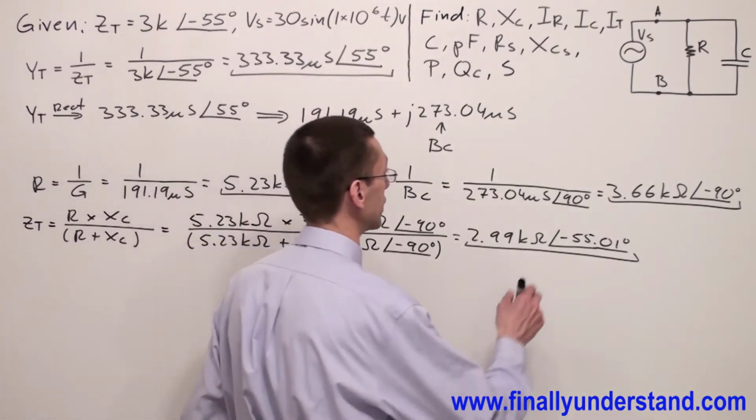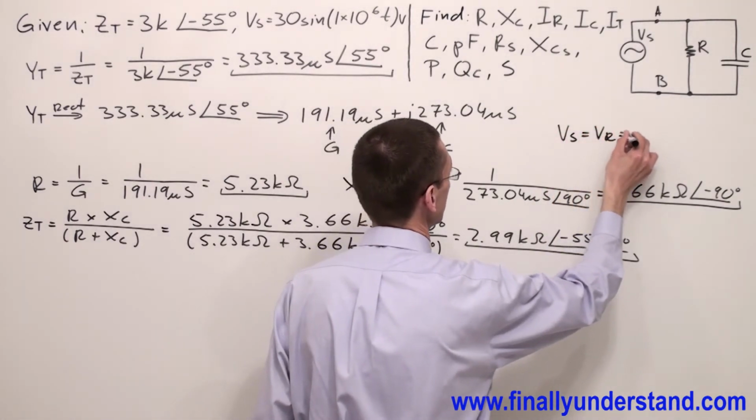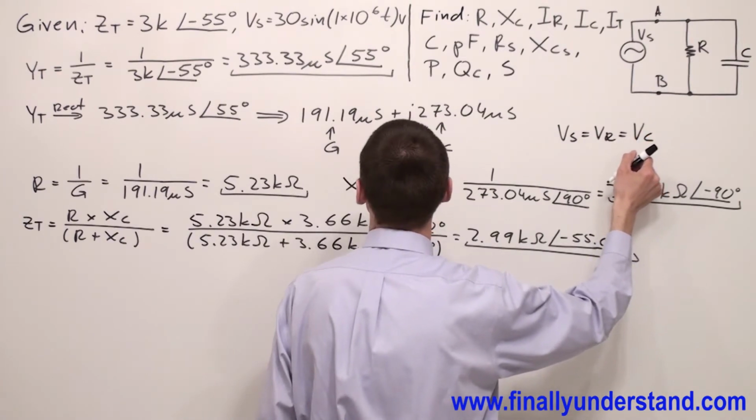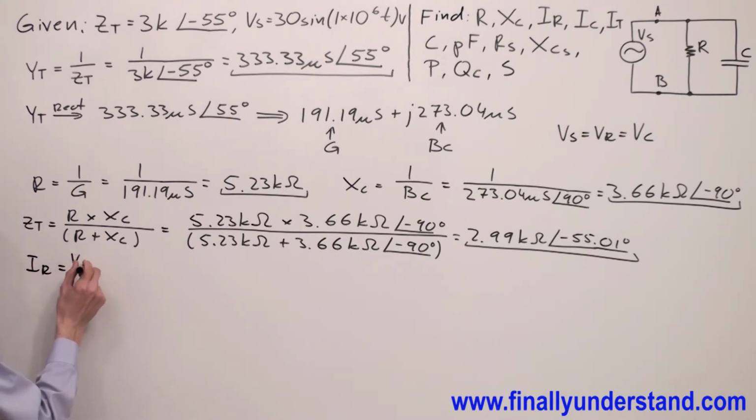So the voltage source is equal to VR, and this is also equal to the voltage across the capacitor. The current which goes through the resistor, IR, is equal to the voltage across the resistor over the resistance, where the voltage across the resistor is equal to